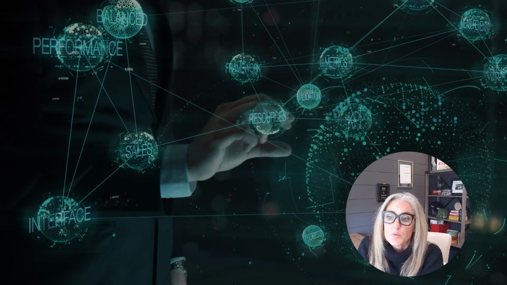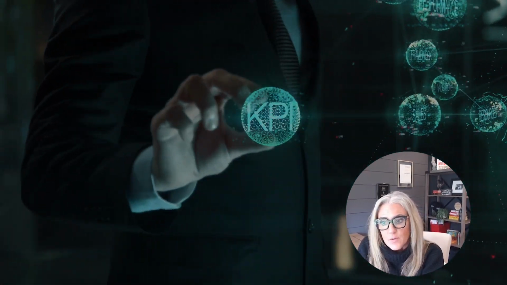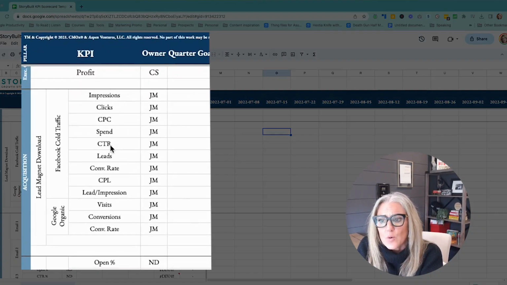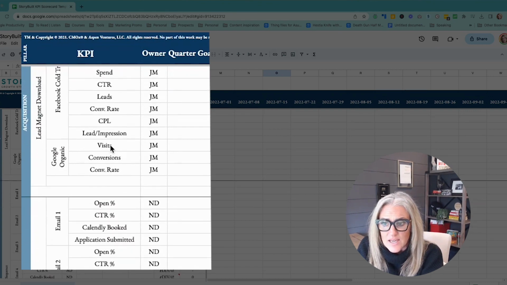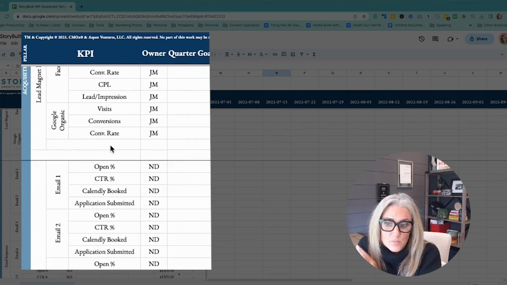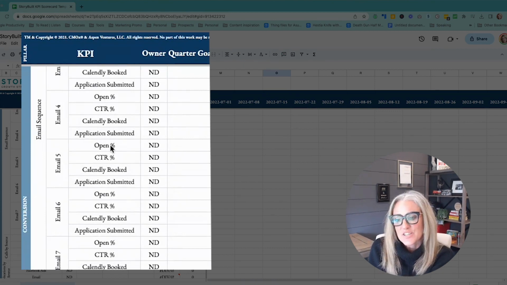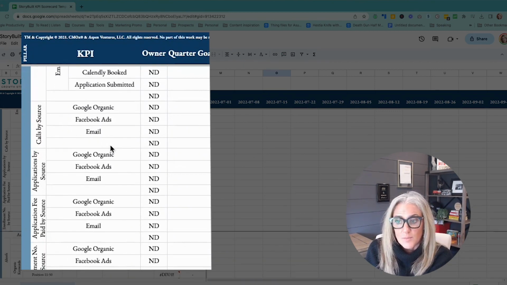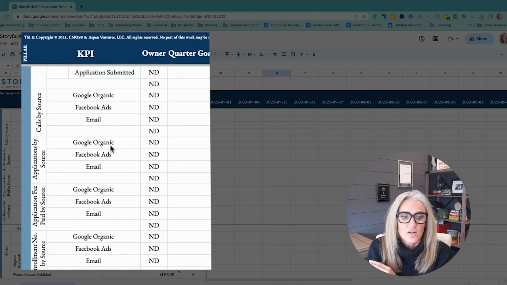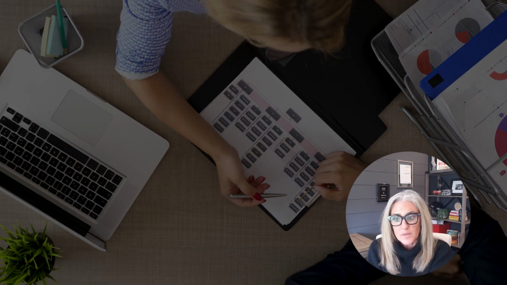But we do want to make sure that we're measuring things. So this is a whole list of KPIs, and there's even more than this. There's a million things, honestly, that we can go into. These are some of the most common ones, and it all depends on the strategy that you implement.